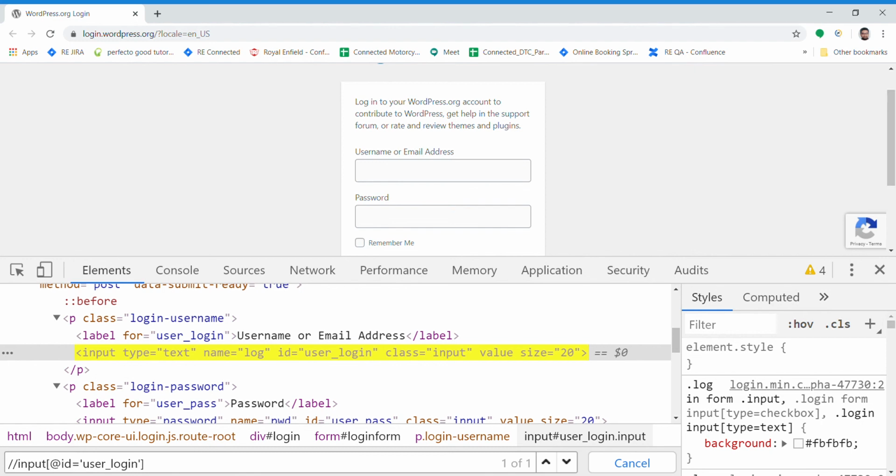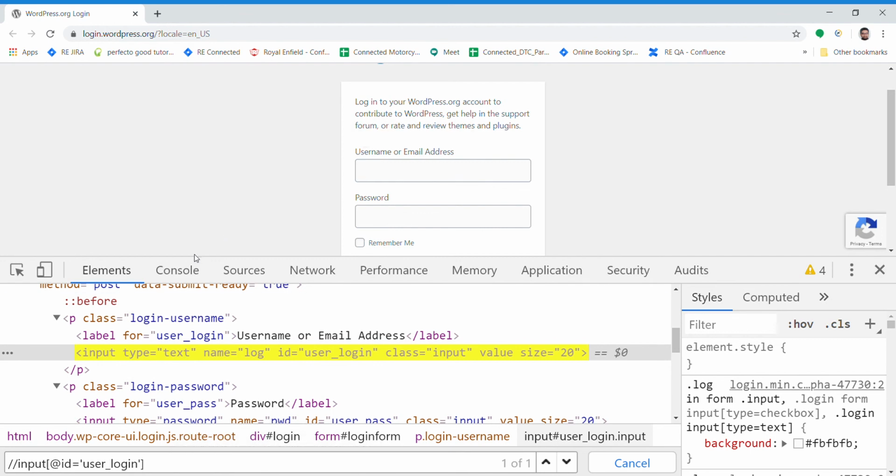That's it. But this is the simplest example, where we have ID, name, type, and other attributes of this node. The purpose of the tutorial is for when we do not have all these attributes and still want to find this element, because we want to click on the password field. So we need to find this element related to some other elements,